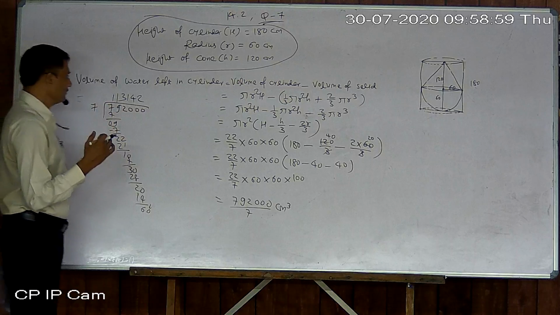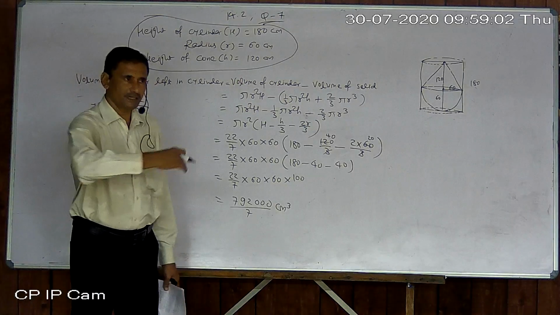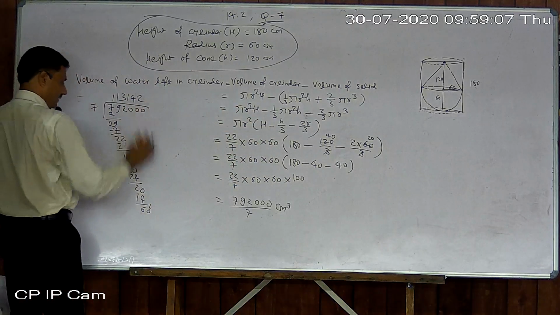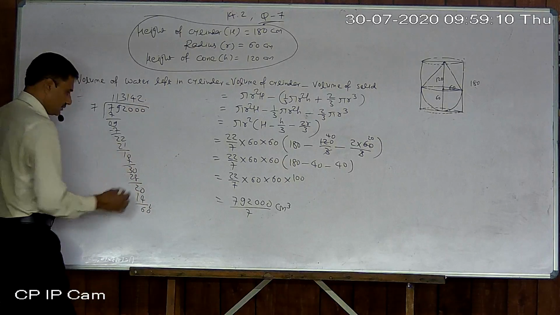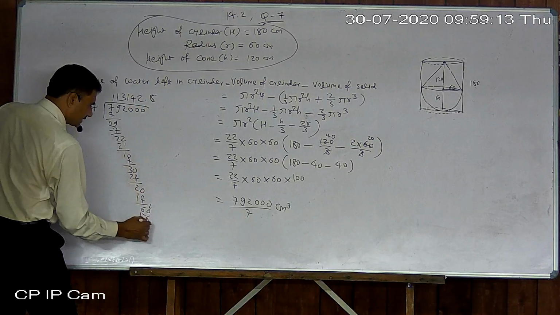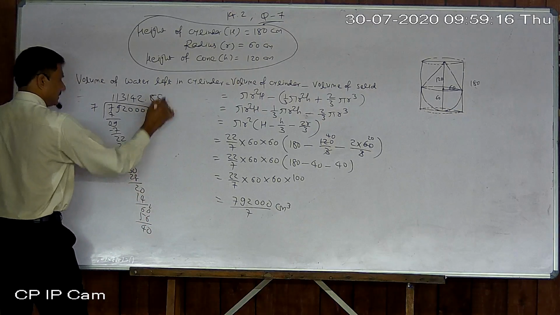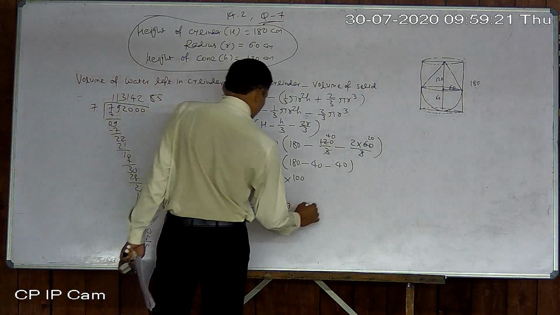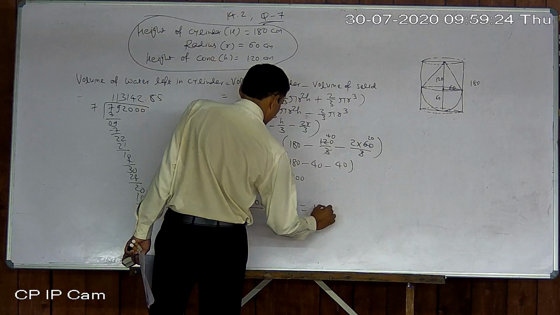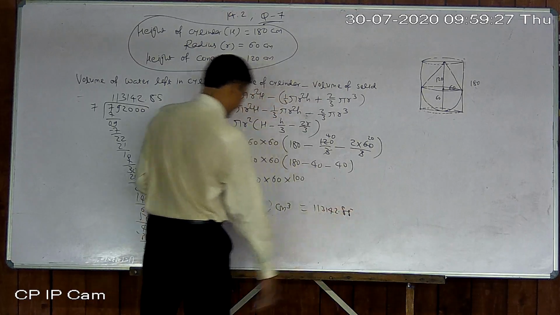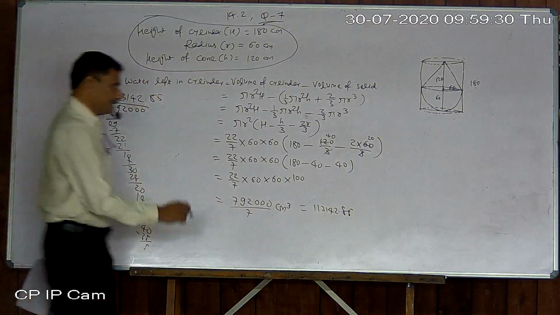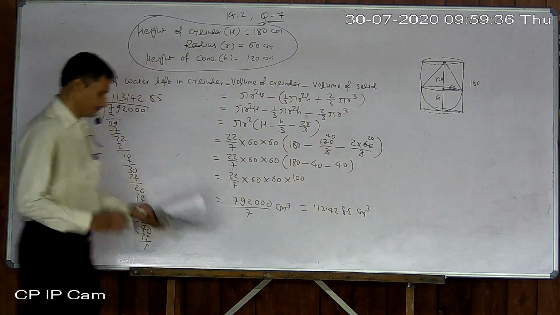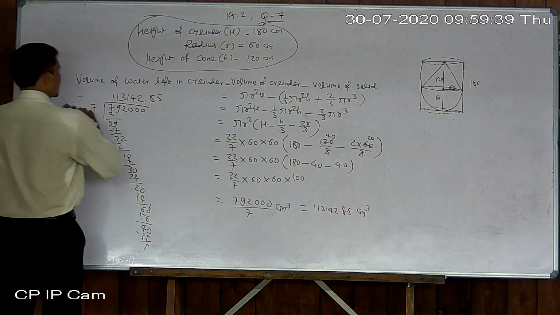You know, whenever you divide any number by 7, it will be non-terminating. Non-terminating means that it will not terminate, but we go up to 2 decimals. Okay, so 7 8 ja 56, 4, 7 5 ja 35. We just stop here. So it will be 113142.85 centimeter cube. Okay, but actually this is our answer.